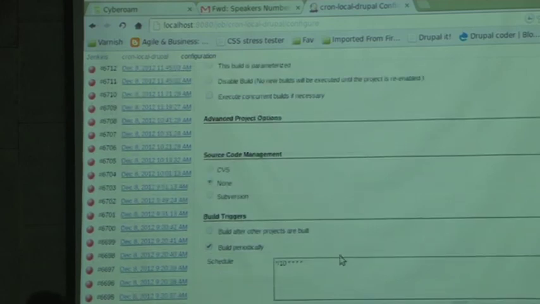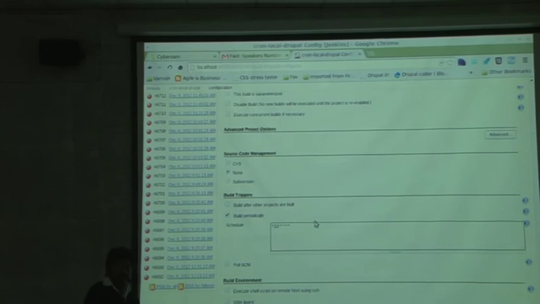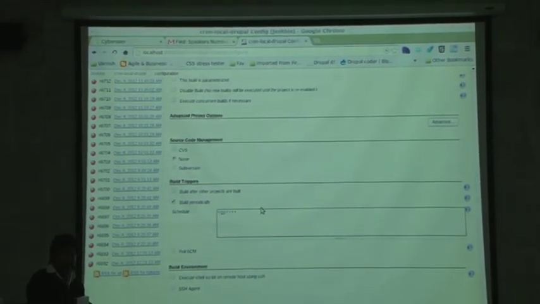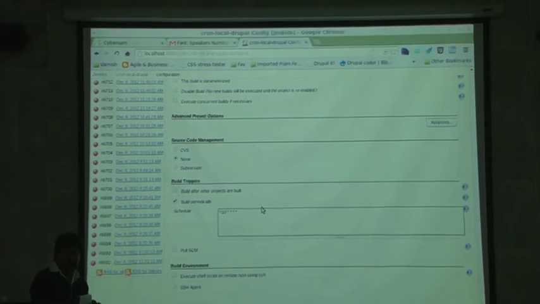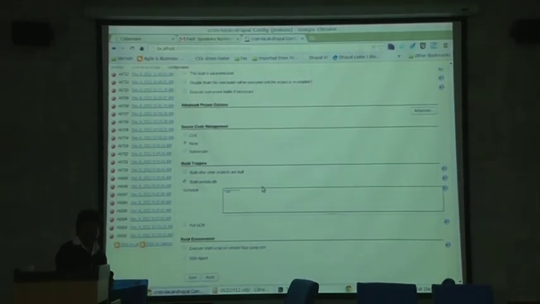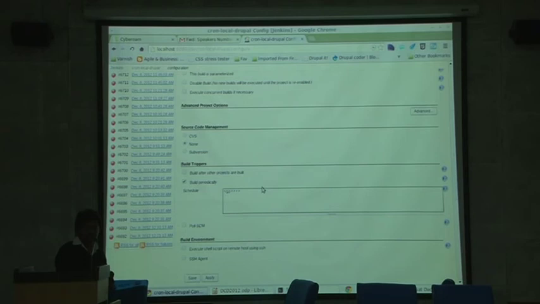So we have a build trigger also, which basically takes the format of what you use in the cron job, right? So the very first statement means that every 10 minutes, this thing is going to be executed. So it's a sort of configuring the cron using the interface without getting into the system, yeah? So the pretty cool thing is that without getting into the SSH details of the server, you are still able to perform the tasks that normally require your SSH login.